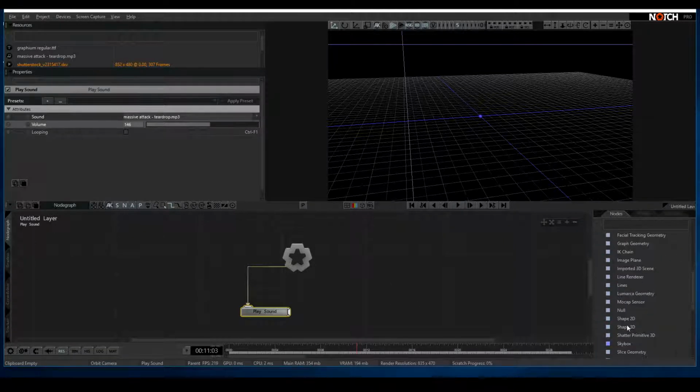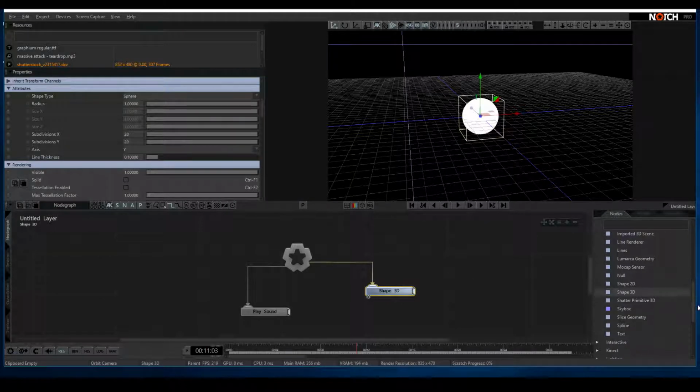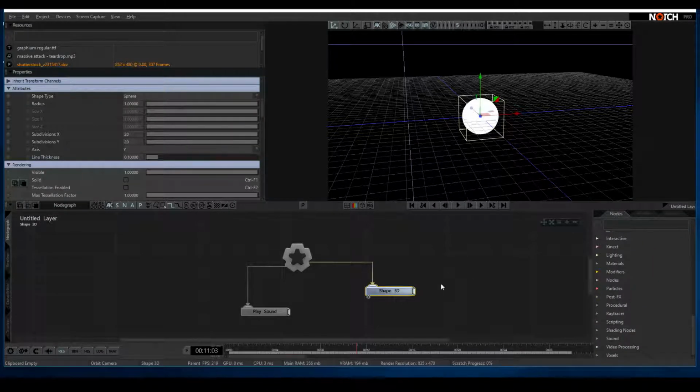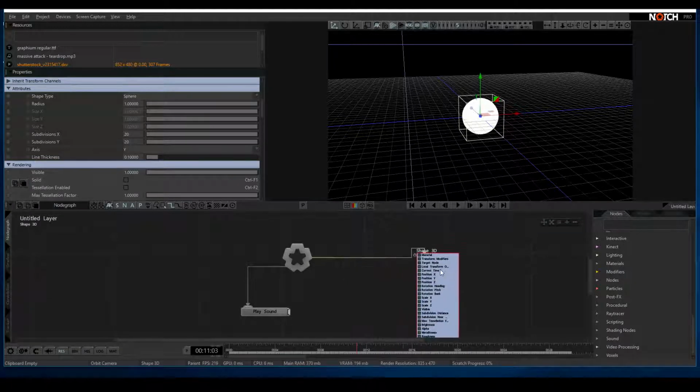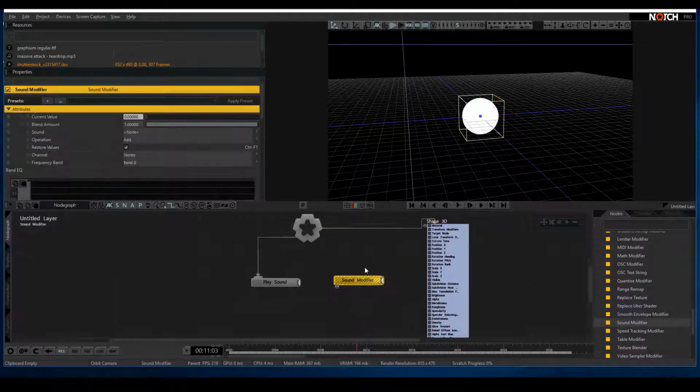Let's create a shape 3D node so we've got something to react with. Just drag and drop that into the center. We looked before at modifiers and how they can be used to apply to inputs in a mesh. If I expand the node, there's a modifier in the list called a sound modifier. If I drag and drop that into the scene,